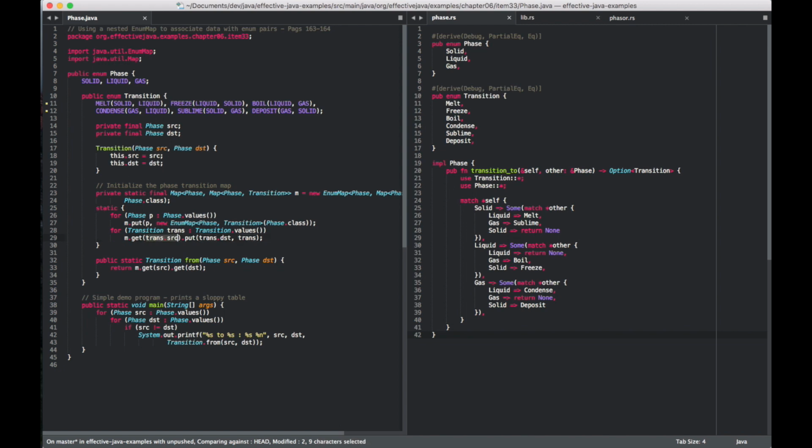So get the EnumMap that you have just put previously, and then put a new item in there, which is the transition name and the destination phase and the transition that leads from source to destination. And that's really it. So the actual implementation here just allows us to, in the static way even,